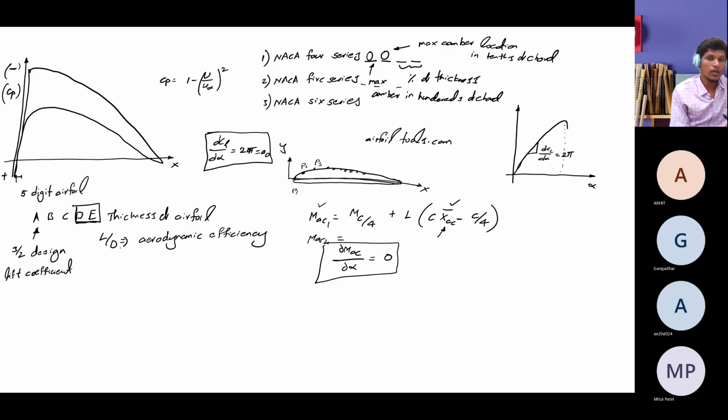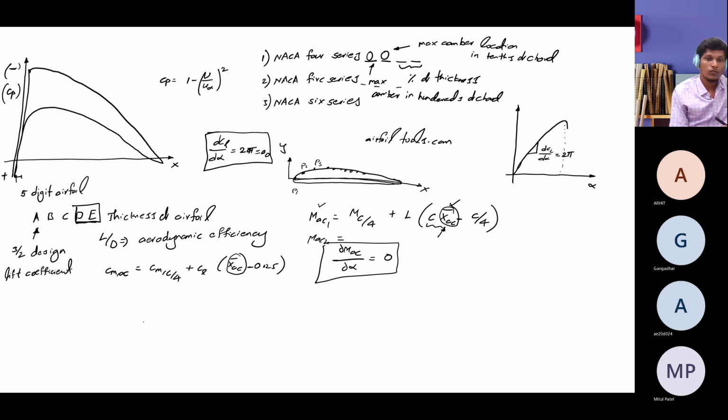And in the non-dimensional sense of the same thing, coefficient of moment about aerodynamic center, if I write just in the non-dimensional way, this is CL times XAC minus 0.25. This XAC, you remember that I multiplied here with a chord. That means it is a non-dimensional one. So here CL is not present. That means it's non-dimensional alone. It's not a dimensional parameter.